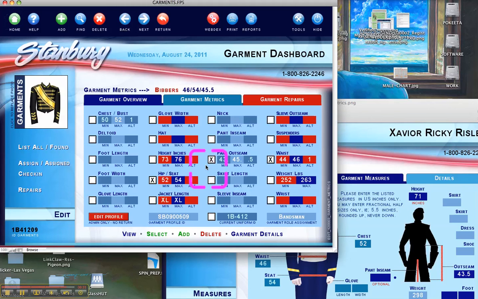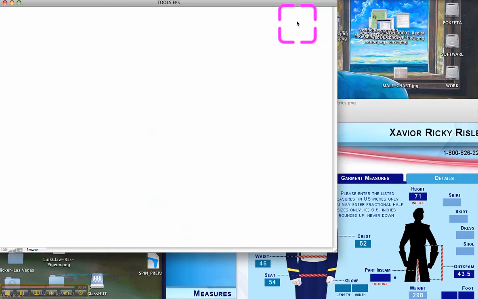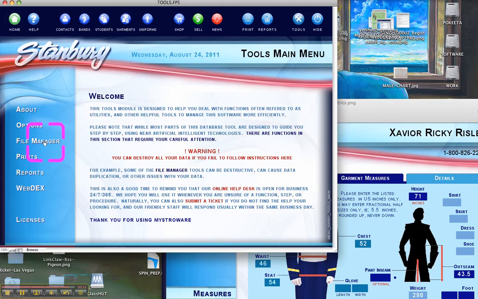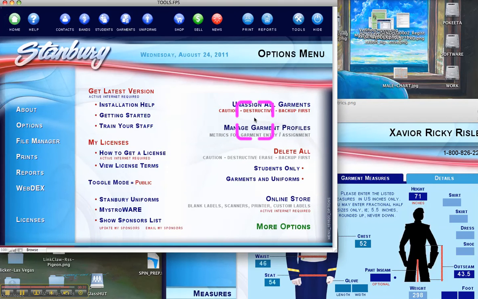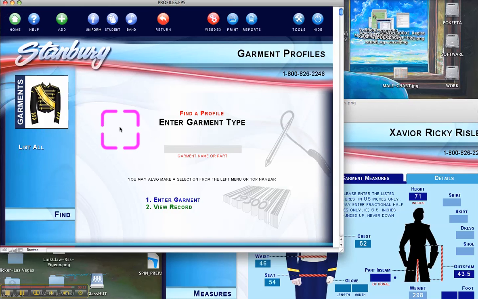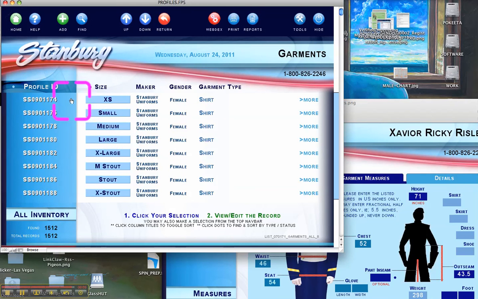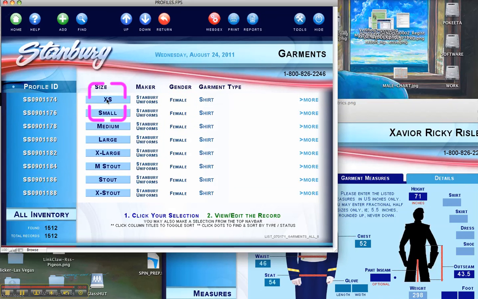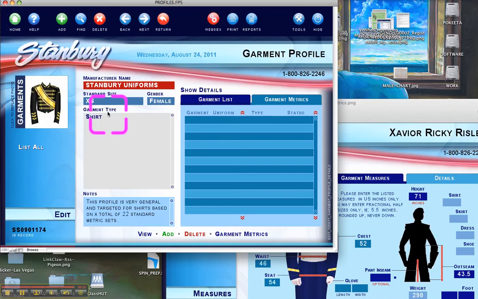So what I need is for you guys to go through all of the garment metrics. Now I can show you the garment metrics over here. Click Tools, and then Options, and then Manage Garment Profiles. And let's see here, we can list all, and you'll see these are the garment profiles. Well, okay, this is a shirt, female shirt, extra small. Click on it, and it's only